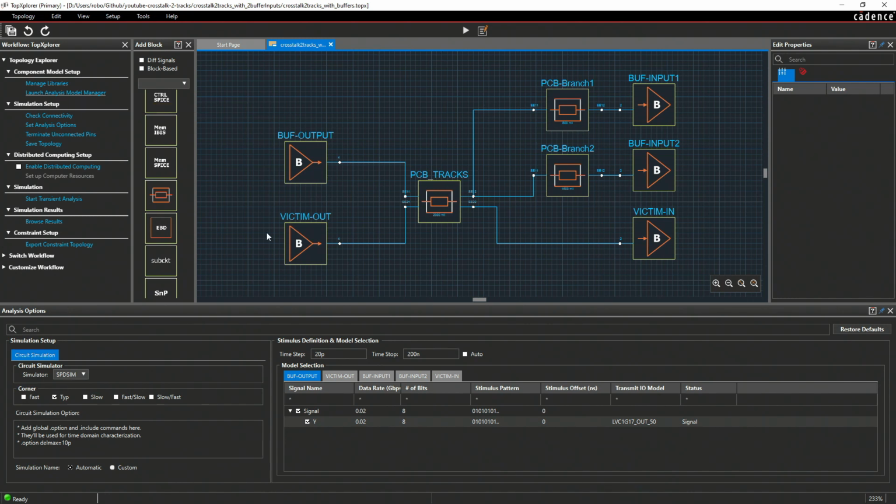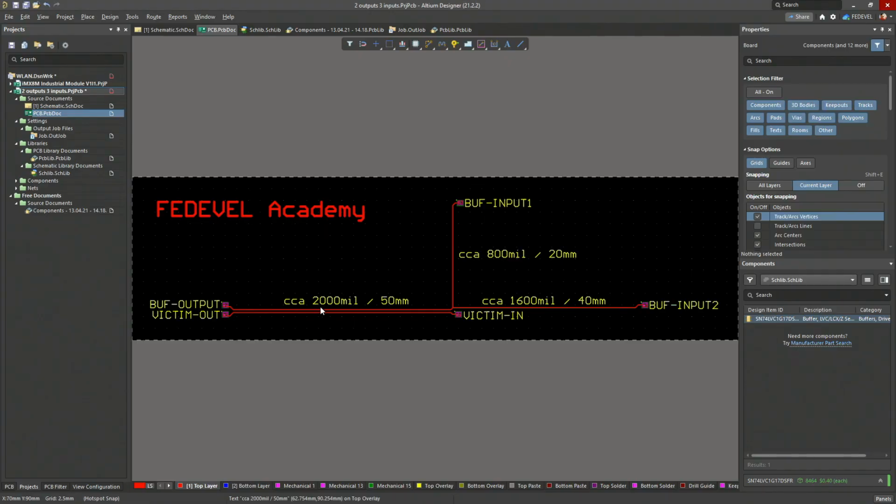In this picture, you can also see we have connected everything together. So now you should fully understand what we have here, okay? We connected the outputs of the buffers to this block with two traces running in parallel. That's what we can see here. Then at the end of this parallel block, there is this input, which is called victim input.